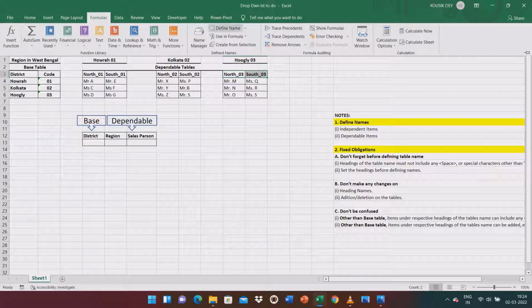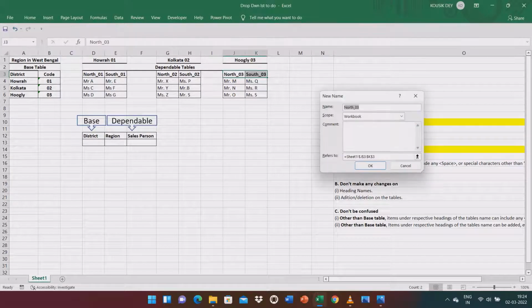Go to formulas and there define name, and here in case of name field we have to give Ctrl V for paste, and refers to this cell that J3 to K3. J3 means north 3 cell to north south, south 3 cell means J, this is K, and 3 means row number